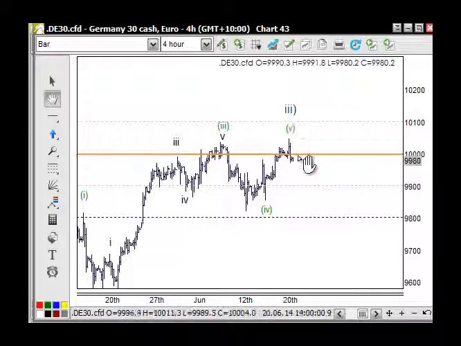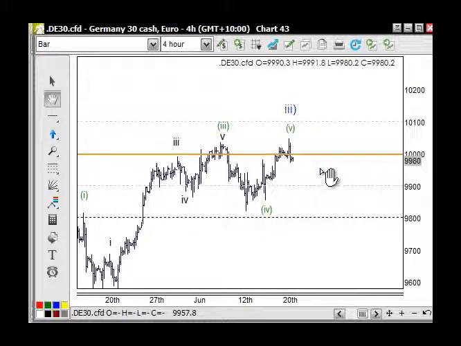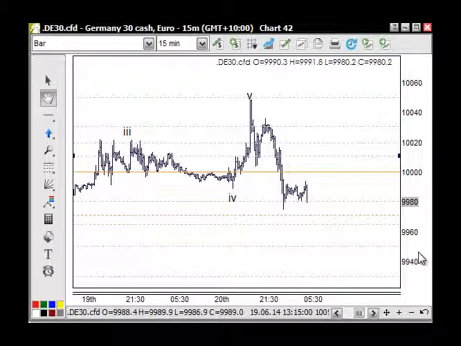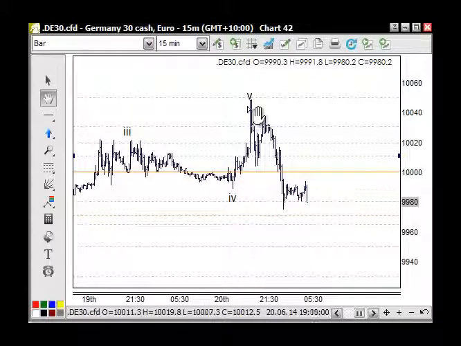Wave 5 of 3, so it can get a bit messy here, and like I said before, it's not good to trade around large numbers, unless you've got some sort of system where you've got buy orders below 10,000 and sell orders staggered above 10,000. You allow the market just to flicker across and trigger those orders, but otherwise it's best to stand aside a little bit. We're looking for support here last time, and a move up, so that's come in as wave 5.